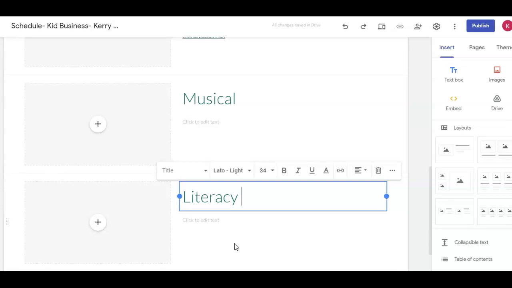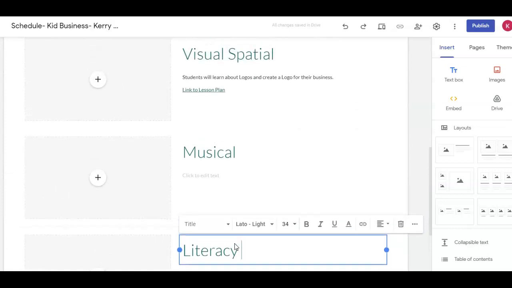Make note when you look through my example of a literacy lesson plan that I'm not just reading the book, I am then doing something with it. It can be a project, or it can be a conversation. It can be acting it out. So literacy often will combine with another intelligence. The literacy will be the reading of the book out loud, and then another intelligence is doing something with it. But again, you want 4 total